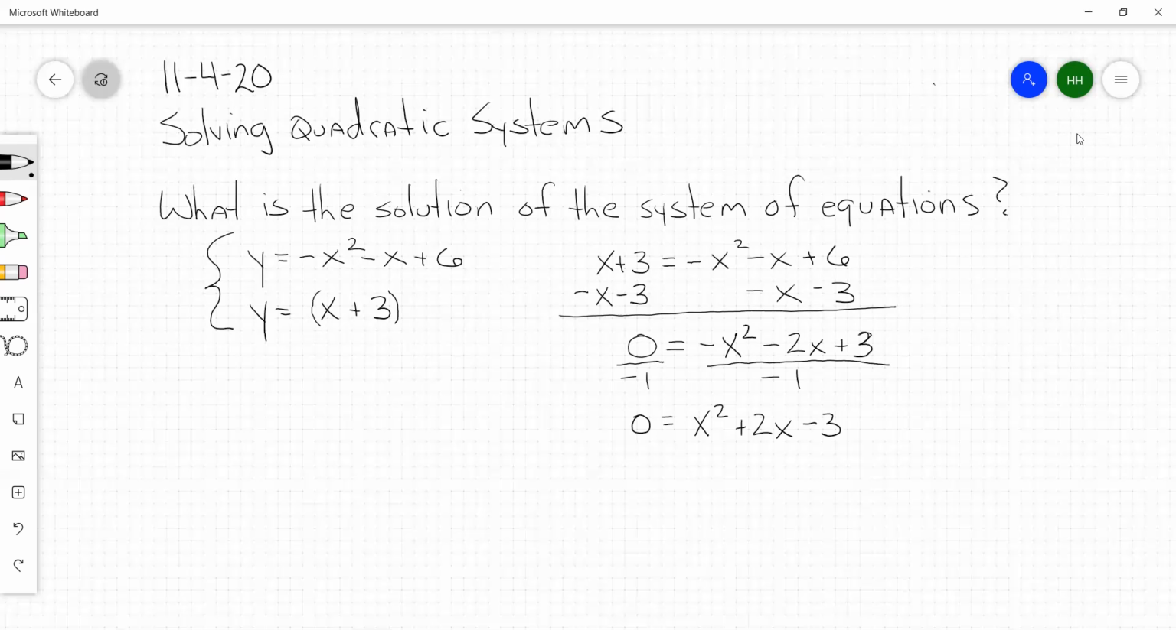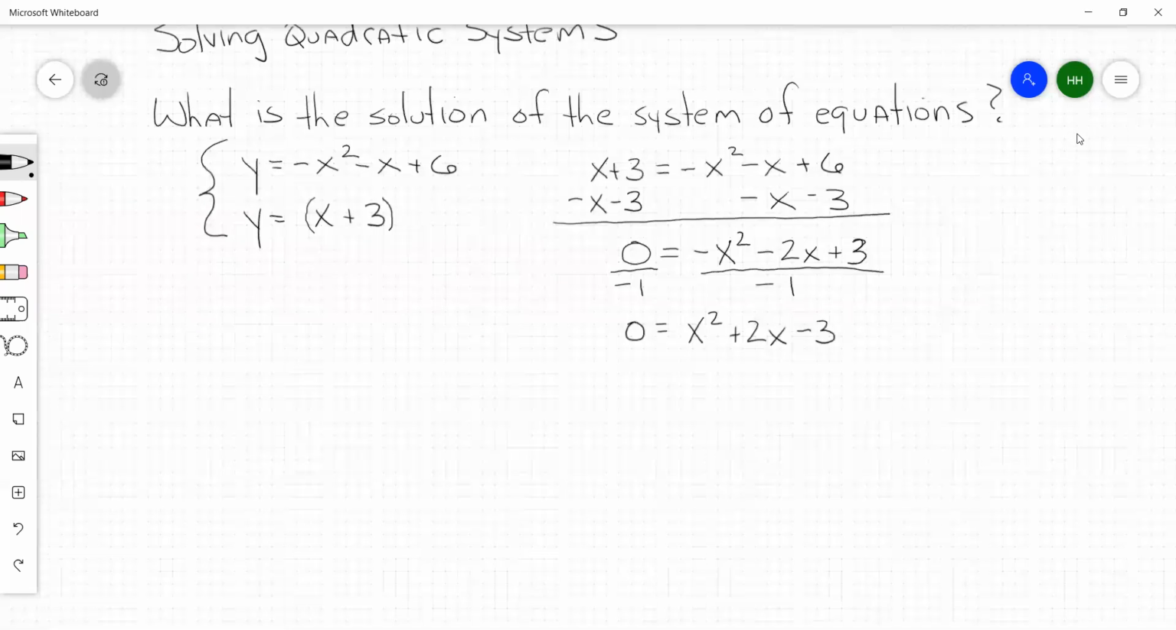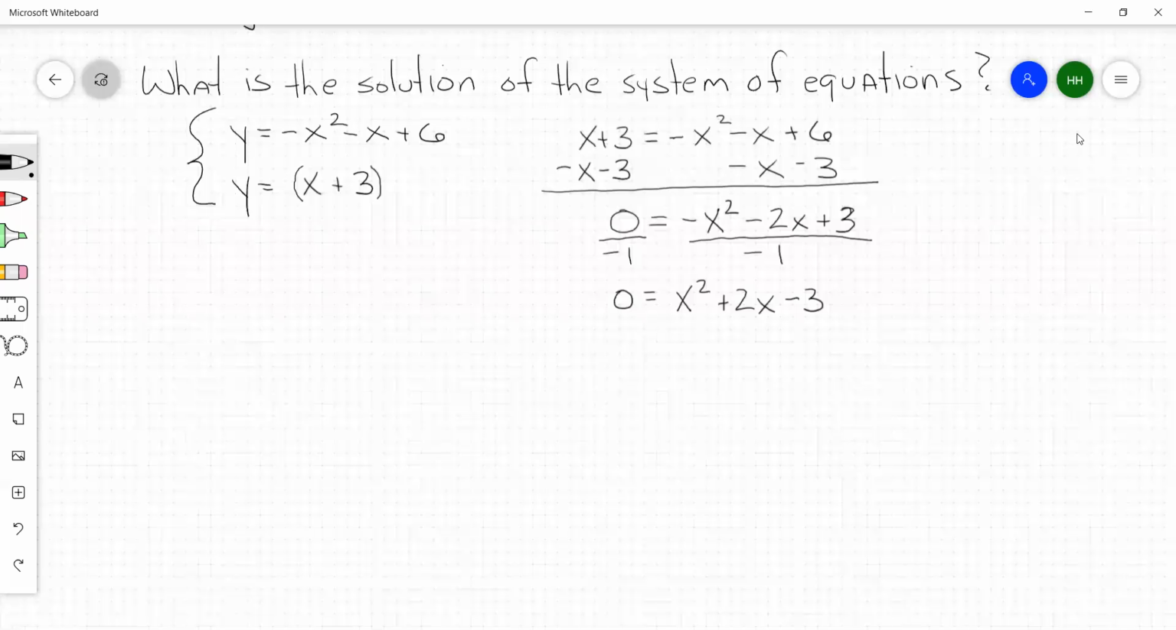And now you're solving a quadratic. And you've done that for the last couple of weeks. Some of the techniques you used to solve a quadratic were factoring or using the quadratic formula. You also did complete the square. You did a bunch of different techniques. But in this case right here,